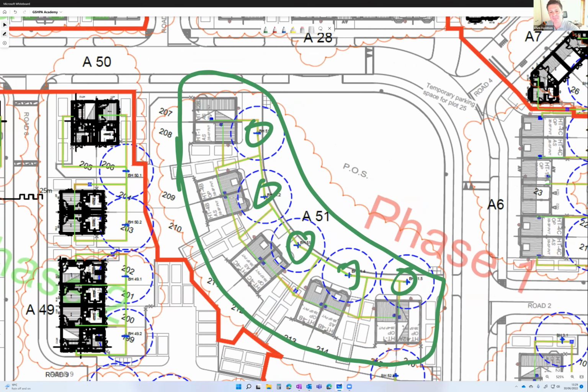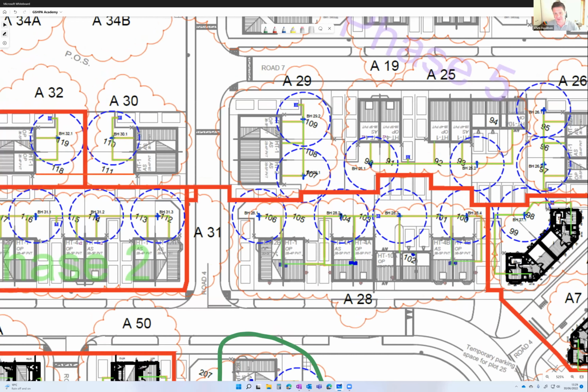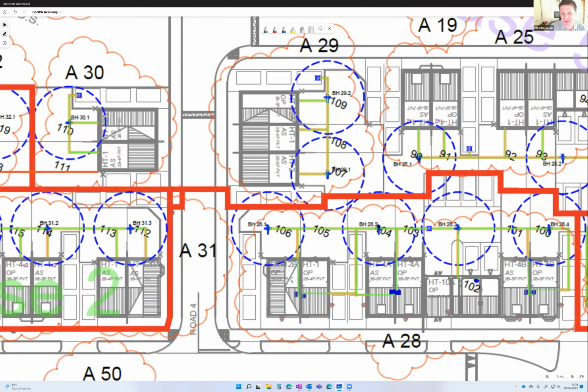If I look up here, there is a little bit of subtlety to this, because let's look at array 29 here, 2 boreholes here, and let's look at this array here, 28. That borehole there and that borehole there, they are close enough to that other borehole. Whilst they're not hydraulically connected, they will be in thermal contact with each other. So when we are designing these systems, we can't just design each individual array on its own and stick them together and expect them to work, because they will be in thermal contact with each other, even though they're hydraulically